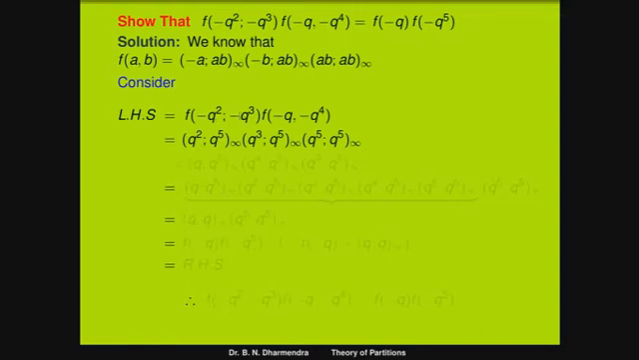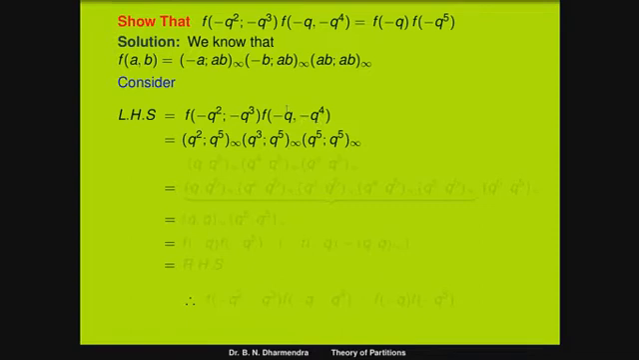Minus into minus becomes plus. q to the power of 2 into q to the power of 3 means we add the powers, that is q to the power of 5. So (q^2; q^5)∞, similarly (q^3; q^5)∞, that is (q^5; q^5)∞. Similarly the next one, f of minus q to the power of 4, that is equal to,